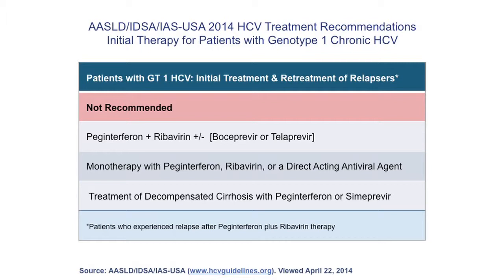One thing also has to be kept in mind is that simeprevir is not to be used in decompensated cirrhosis. It is quite clearly stated in the package insert that Child class B and C patients are not to have simeprevir because there are no PK studies in cirrhotics, advanced cirrhotics, and the area under the curve could be quite enhanced. Yet, given the availability of this in the US, people are using it with some